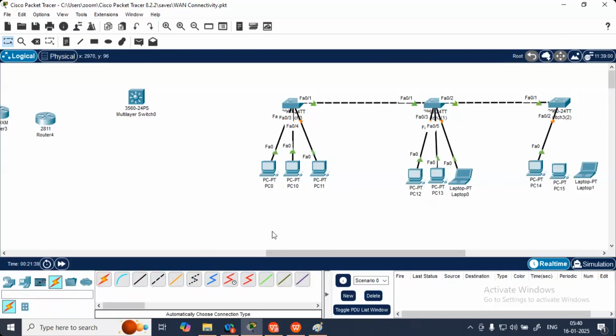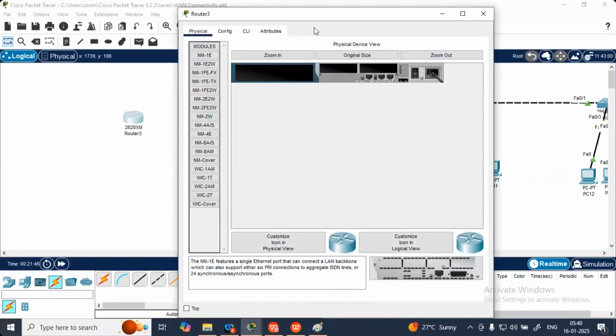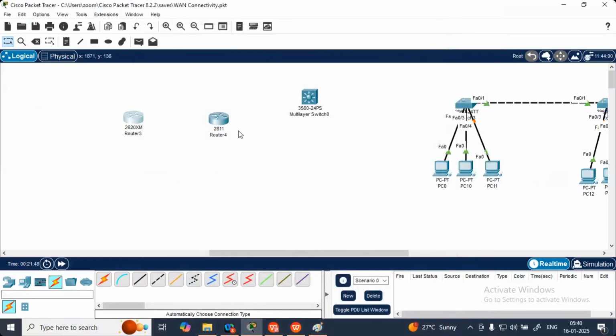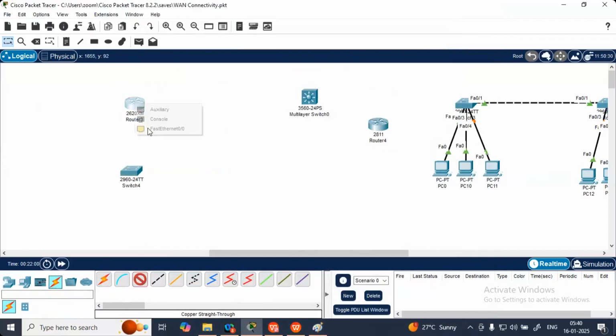But on this router, suppose the router has 2 slots. We have this one router, and by default, suppose we have only one switch here. If you try to connect this router to the switch, right now on this router there is only one port. So if I connect it by a straight through cable, you can see, the router goes to this